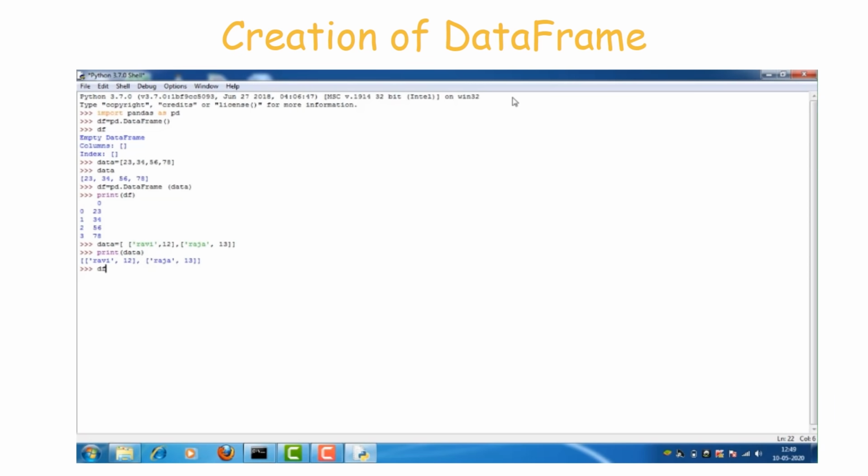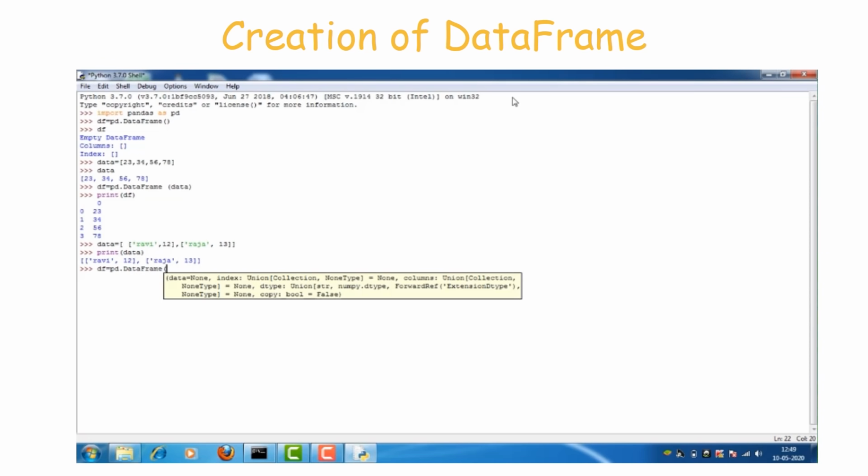Now the data frame will be created. df is equal to pd dot DataFrame of data, comma columns is equal to name, comma age.